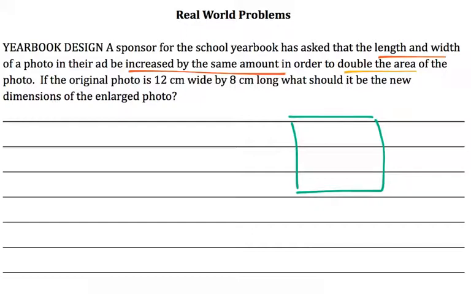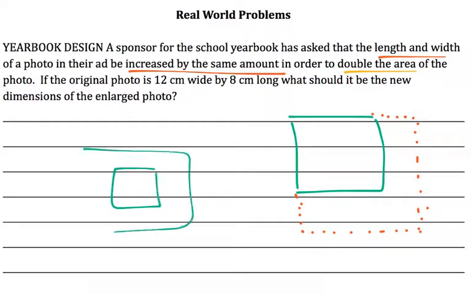Now they're going to increase this by the same amount in the right and the downward direction. And the reason I'm drawing it this way rather than that way is that I think that would get more confusing because I'd have to deal with halves and things like that. And also maybe you're like, well, if this was just a regular image and they stretched it this wide and that tall, maybe it would get out of scale. And you would be right, because if they just add 4 inches or 4 centimeters to one side, it would screw that up. So the original photo is 12 centimeters wide